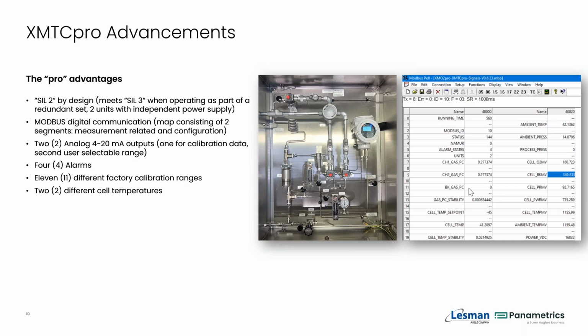So you can communicate via Modbus, change parameters, take your readings via Modbus, etc. Complete Modbus map for everything that you can get on the display, anything you can program in the transmitter, you can get on the Modbus map. You still have 2 analog 4 to 20 outputs, one for calibration data and one for calibration data range, and one if you wanted let's say a tighter range or a larger range. So you can get 2 4 to 20s out of the transmitter. And then you have 4 alarm contacts and 11 different factory calibration ranges that are available to you, and 2